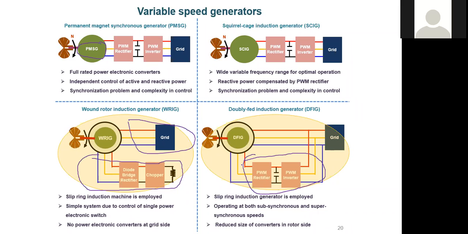So nowadays, with the advent of power electronics technology, for example, the GaN devices and silicon carbide devices, the size will be less. Size may not be the problem. Then we can go with the squirrel cage induction generator itself, because the squirrel cage induction generator has a very rugged construction, and it is applicable for any kind of environment.